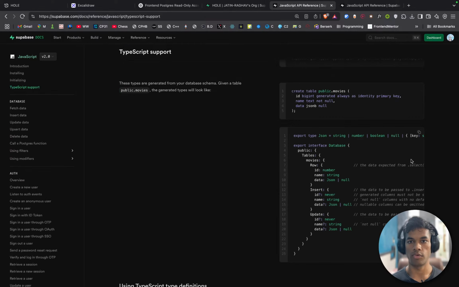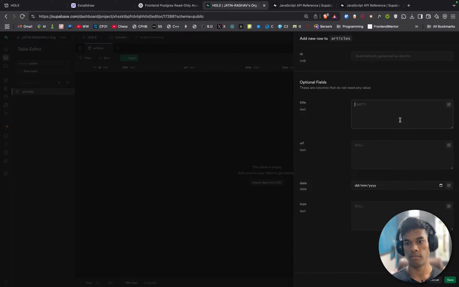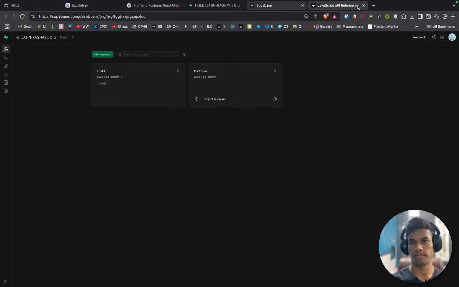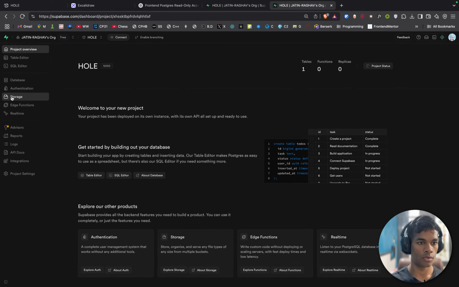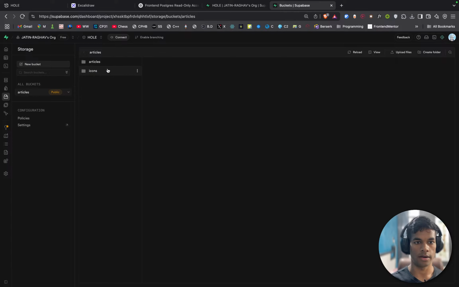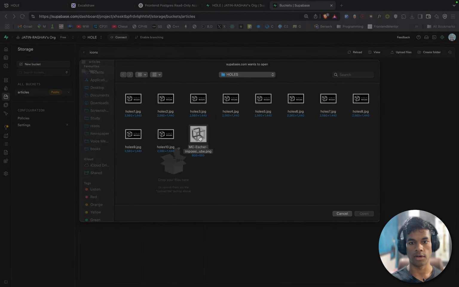URL of the post, or maybe like MC Escher, impossible cube, and the URL would be, go to dashboard, storage, articles, icons. Upload files. I would like to upload this thing.